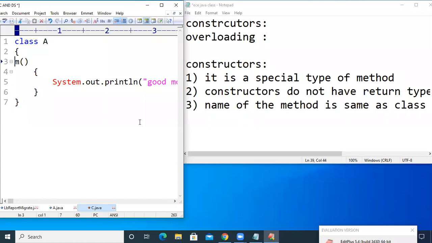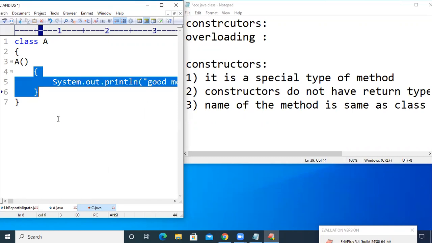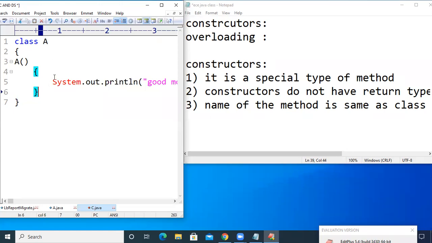The next one is that the name of the method is same as the class name. Here the name of the method is M. So in order to make it a constructor, we need to change the method name M to the class name. Here the name of the class is capital A, so we need to have the method name also as capital A. Similar to the body of the method, constructors will also have some body, right? So this is how we can declare a constructor.